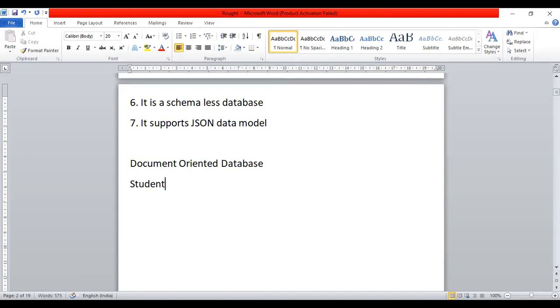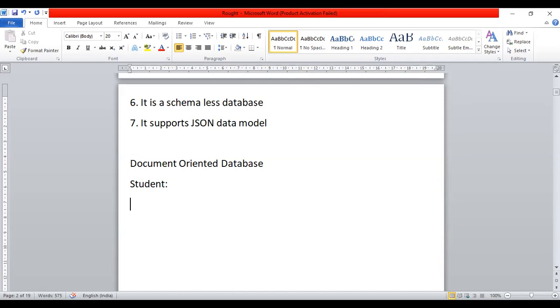I just want to use a database for a student. When I create the database for the student, that student has some basic information, some personal information, and some educational information. If I want to store all the student related data with the help of MongoDB,